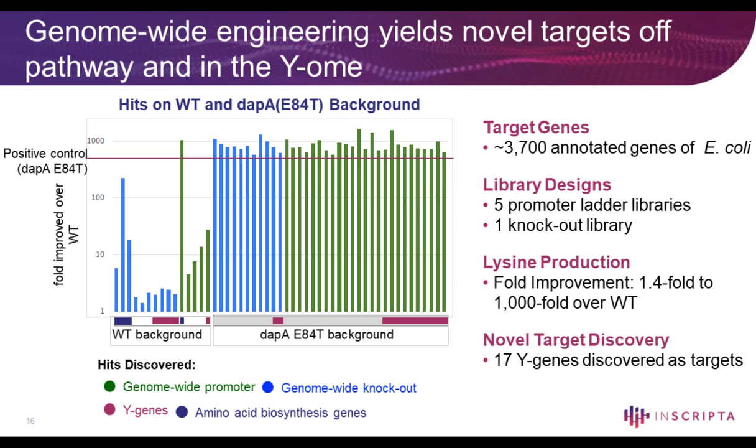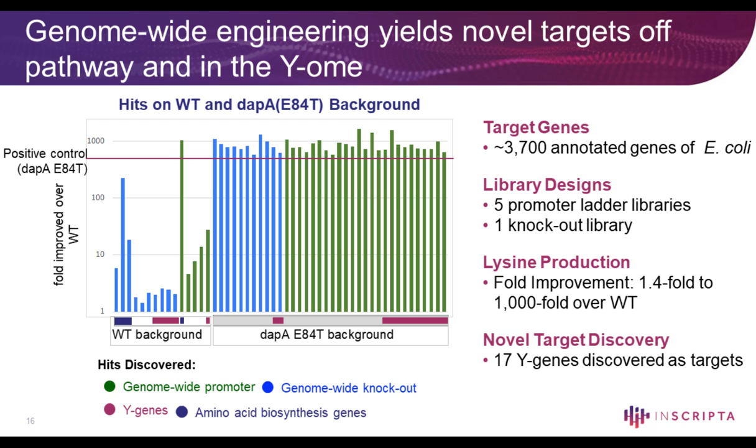Even though E. coli is such a well-studied organism, a large part of the genome is called the Y-ome, because we do not understand the function of these genes in the E. coli genome. And it was extremely interesting that we identified several of these Y genes as targets in improving lysine production. So if you look at the graph here, what you see in the x-axis, especially in blue and green,